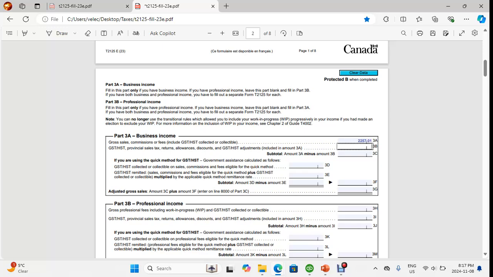Okay, this will be your input tax credits, your ITC. So adjustments have to do with your ITC. Again, this is the total that you pay when you buy your inventory, for example. Any money you spend for your business, you will pay HST to buy inventory, for example, and you will need to declare that HST because you can claim that HST as your ITC. Okay, so let's say this is